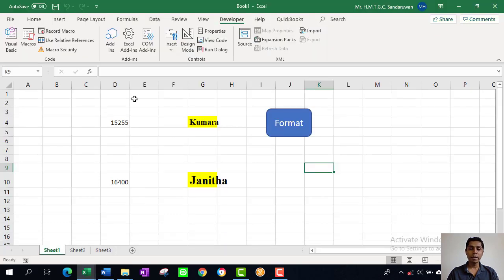usually you save the Excel sheets, but if you save this Excel sheet with the normal setting, right, normal setting